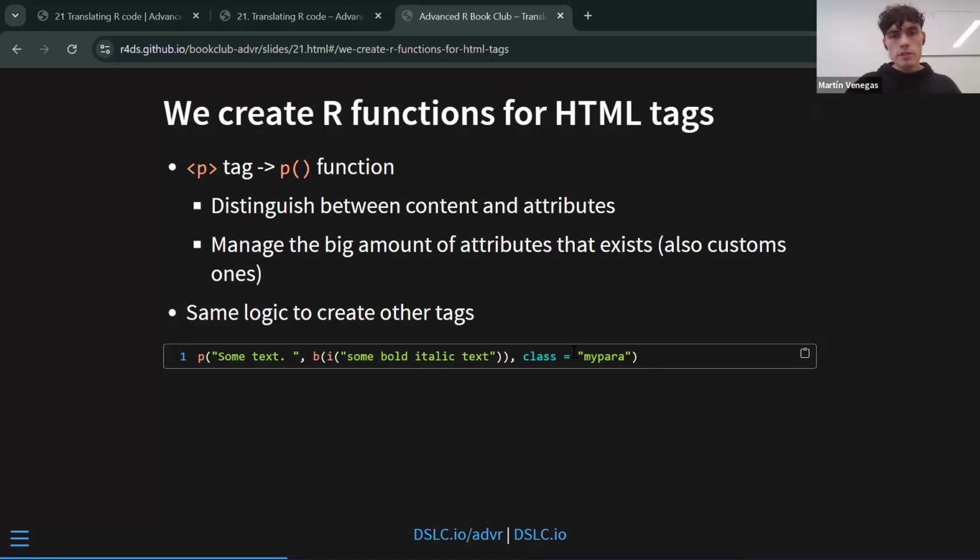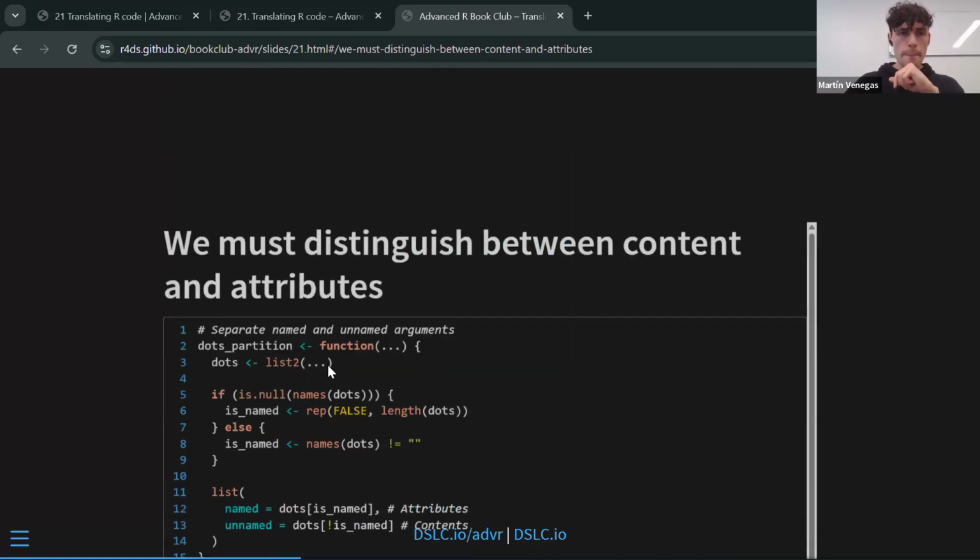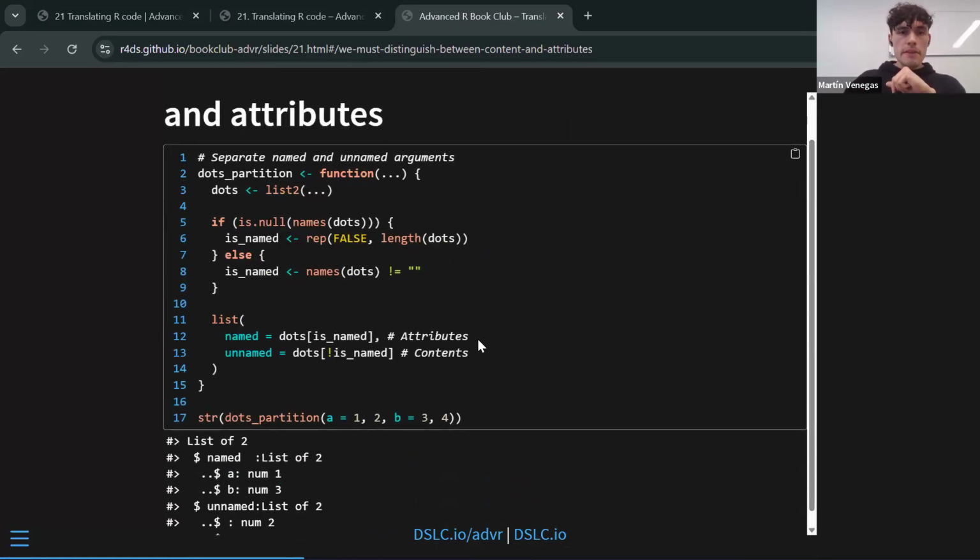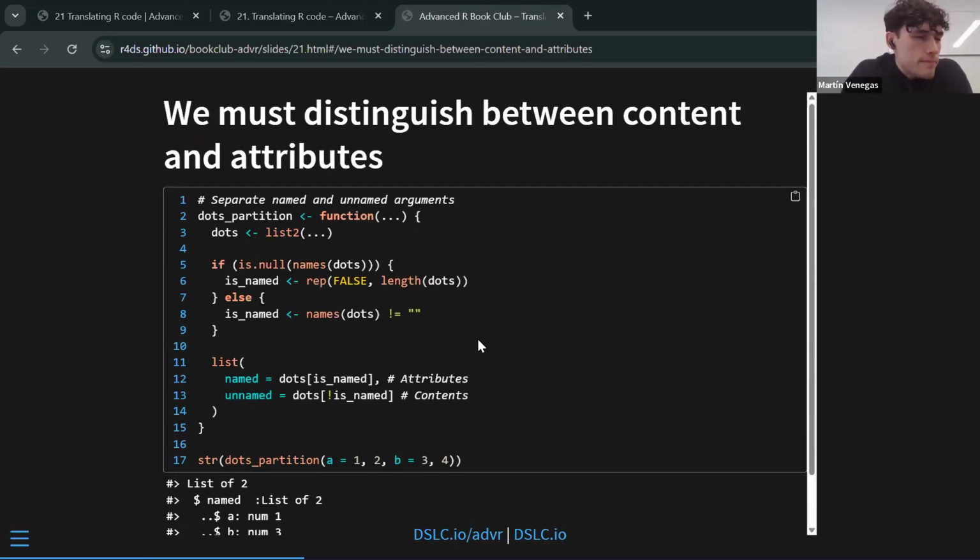So we want to create something like this. For example, here is the equivalent of a p tag. Here's the equivalent of a b tag and of an i tag and so on. And maybe here we start with the trickier or more detailed part of the process. Here, Hadley